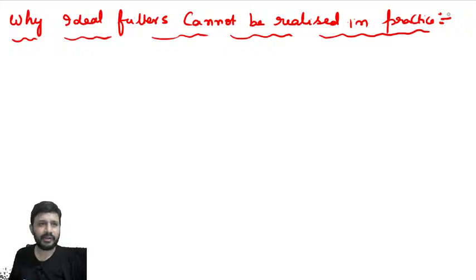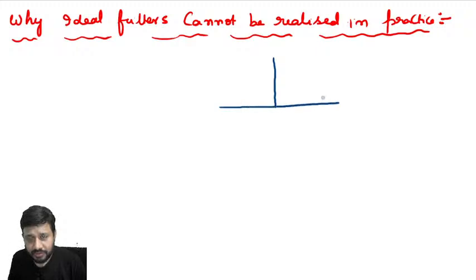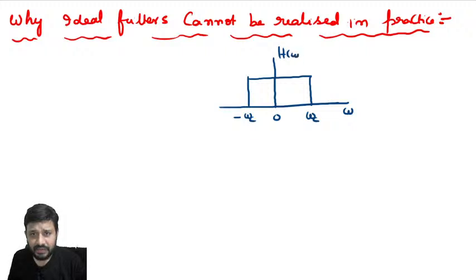Very simple. Look here. Now forget about all kinds of filter. I am considering a low pass filter. Low pass filter means its frequency response can be shown like this, to understand in a simpler way, without any complicated expressions. The frequency response of the low pass filter can be shown like this. Now if you observe, this is the pass band, and this is a stop band, again this is a stop band.